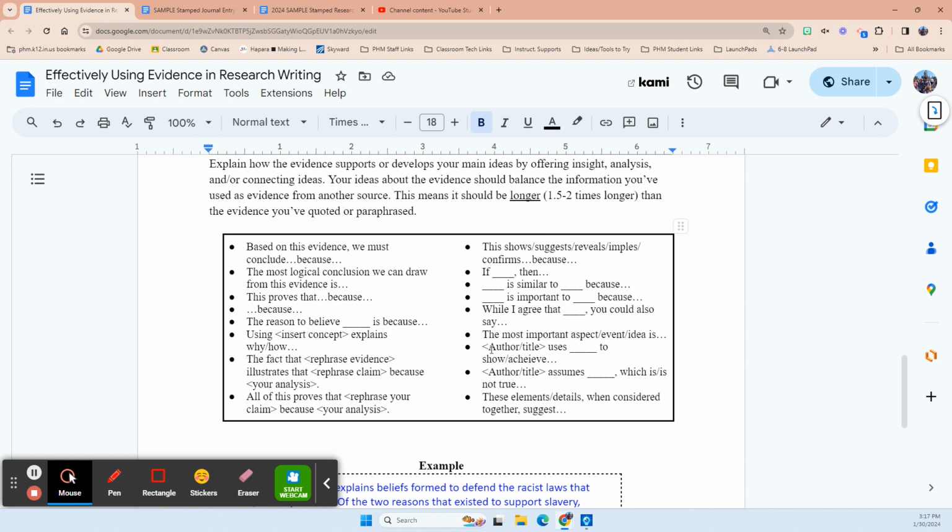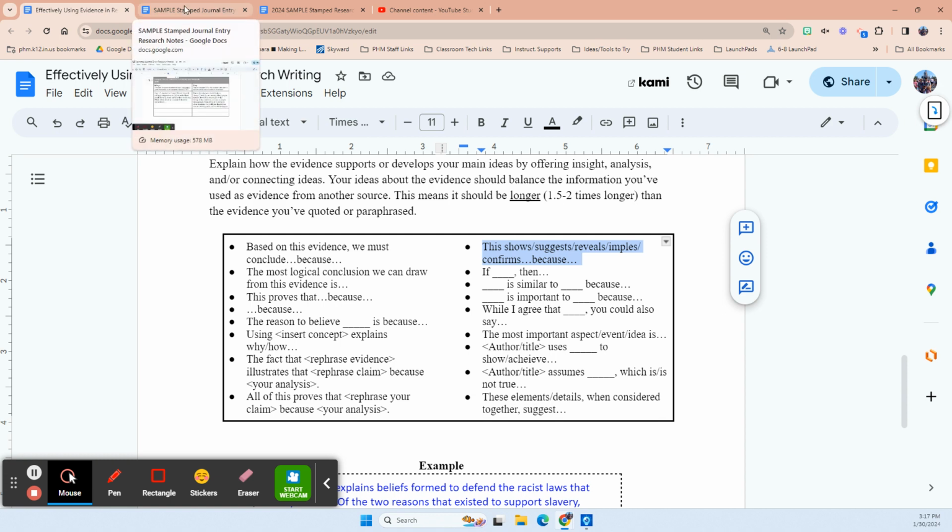So I ended up using, I think, a variation of this one for my first explanation. But you can really use any of these that fits. The important thing is that you're not forcing something, or you're choosing appropriate ones that make sense in the context of what you're trying to say about the information and the information that you have.